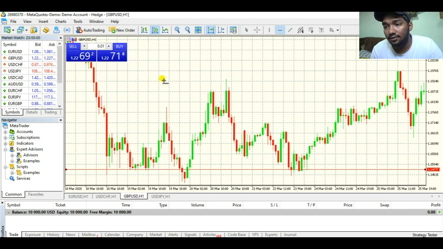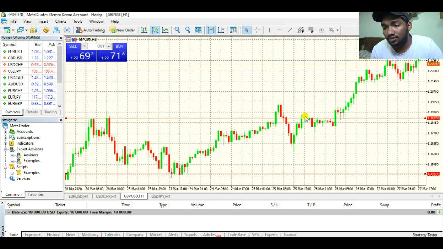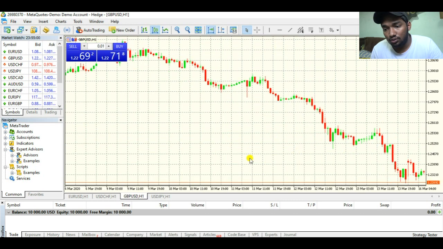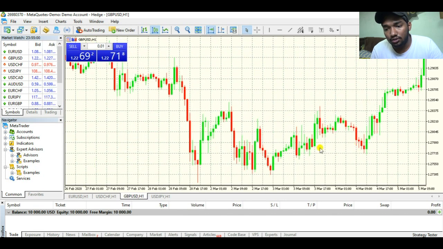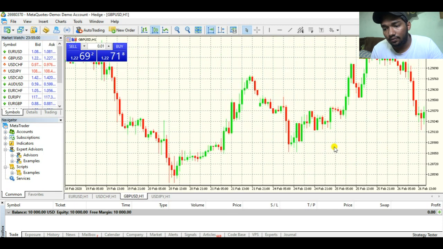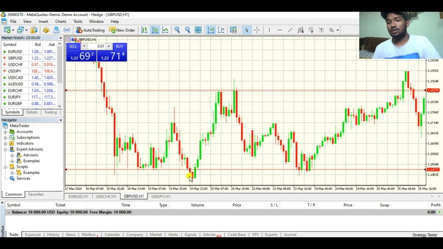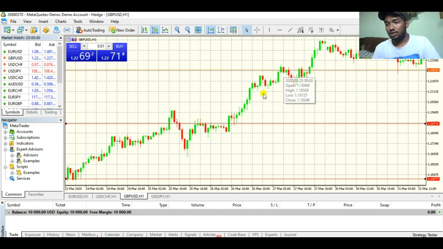Let's draw another line here. Let's see how this goes. It touched here once, here twice, right? And see here, how's the resistance? Awesome, right? So this is, see here again, support. Let's go to previous. So when we see here, this is the support and this is the resistance. Hope you understood. So when we see this kind of market,